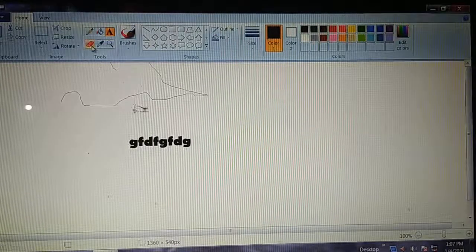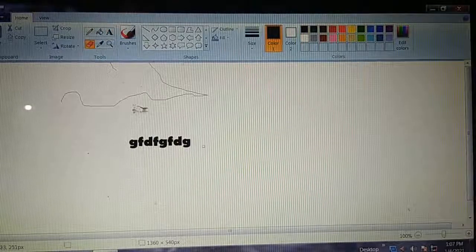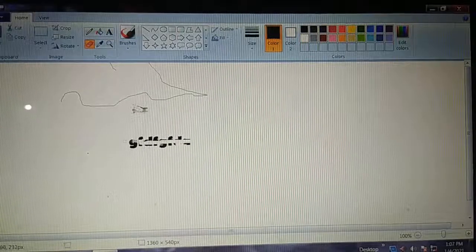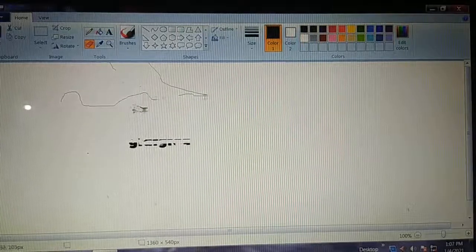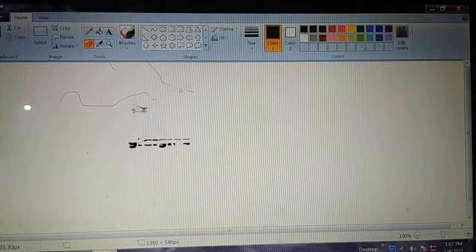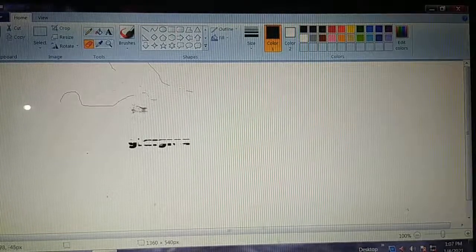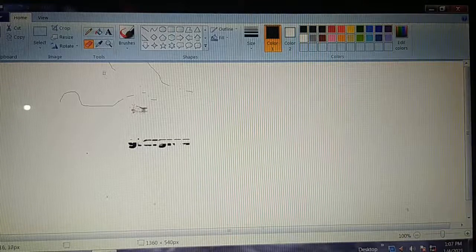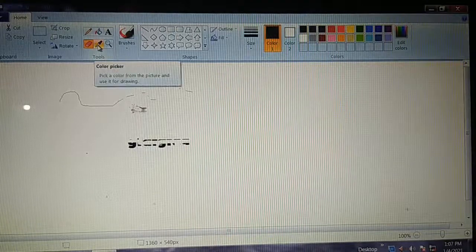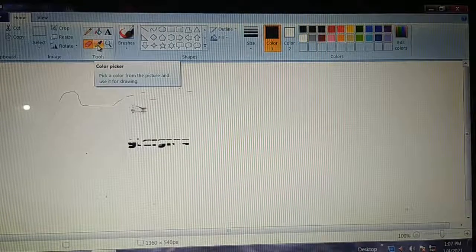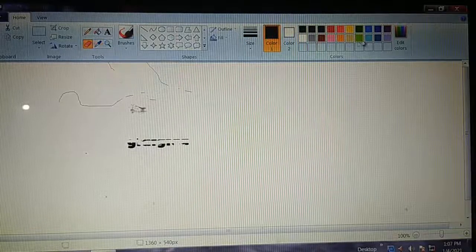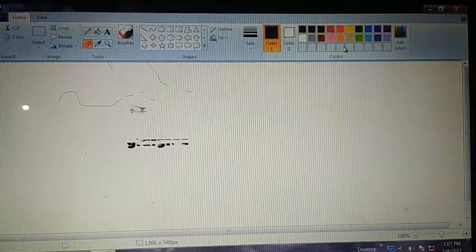And this is the eraser for erasing. If you want to erase, the eraser is there. Then we have the color picker, to pick color from the drawing, instead of picking color from the color box.